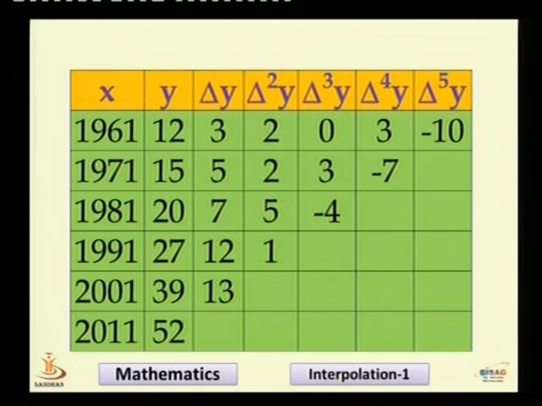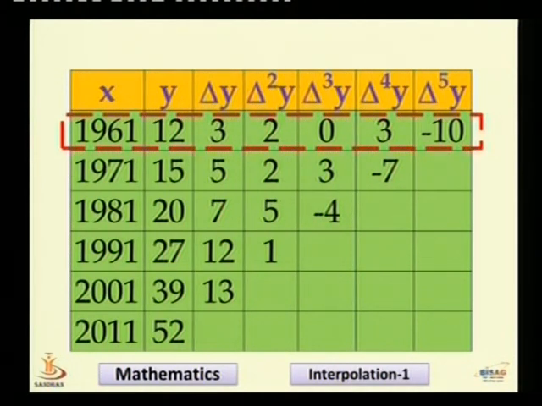Let us first have a look at the difference table. From the values that were given to us, we have computed the first order, second order, third order, fourth order and the fifth order differences. Please note that we have taken 6 data points, and hence we need to go up to n minus 1th degree, and hence we have taken up to 5th order forward differences. From here we can observe that k is equal to 1, that is, it relates to the first row, and hence the value of y, delta 2y, delta 3y, delta 4y and delta 5y have to be picked up from the first row of the difference table.